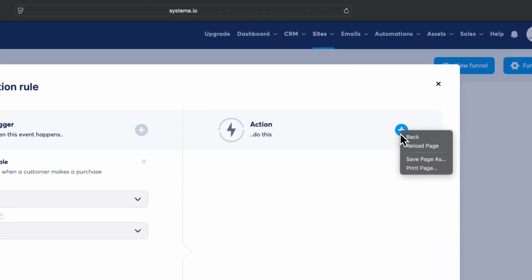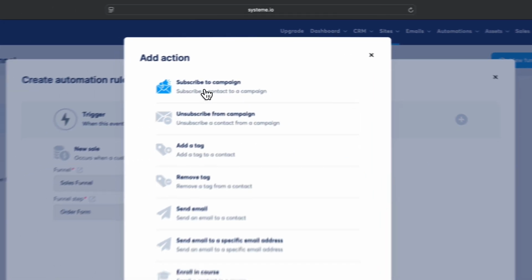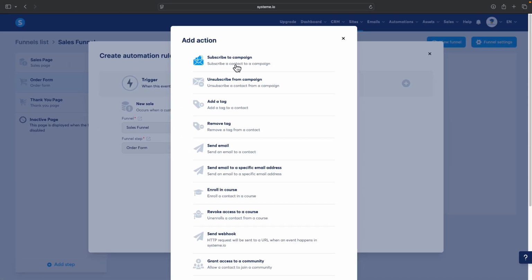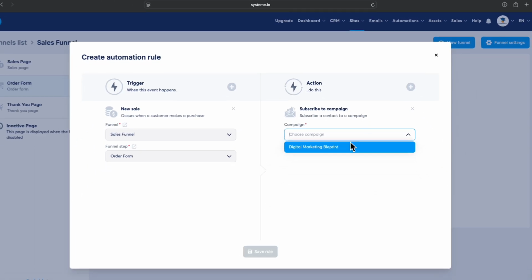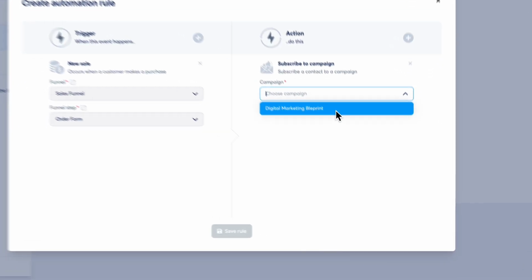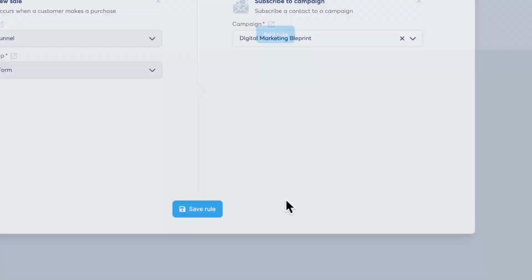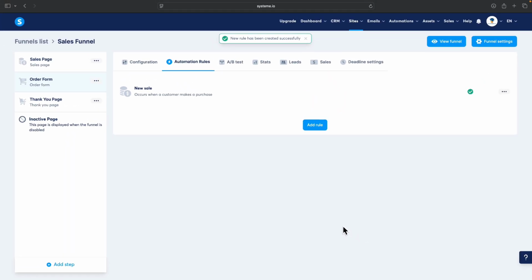So go to action and select subscribe to a campaign. That means once somebody makes a purchase, they automatically subscribe to our email campaign, and choose the campaign. In our case, it's Digital Marketing Blueprint. Click on this, click on Save Rule, and now we should be set up and we can test out our